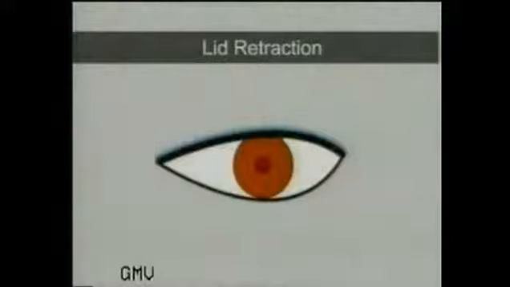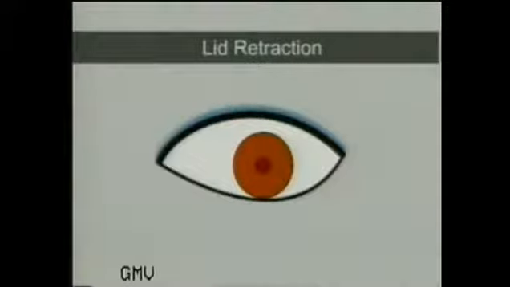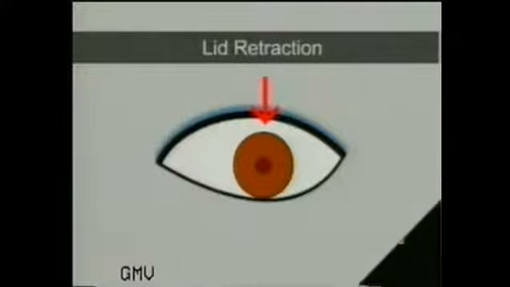The upper lid is retracted due to tonic contraction of the involuntary part of the levator palpebrae superioris, thereby exposing a strip of white sclera above the superior limbus. This results in a typical staring and frightened look of a thyrotoxic patient. This is associated with infrequent and incomplete blinking of the eyes, termed as Stellwag's sign. Note how infrequently the patient blinks, and when she blinks, it is only partial.